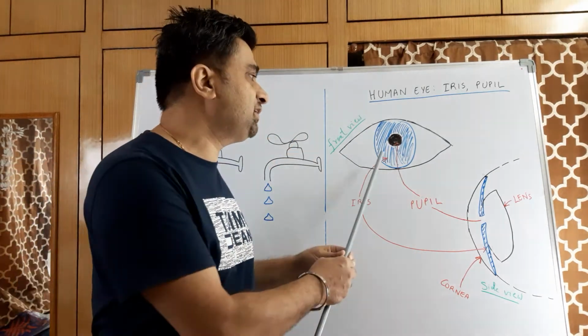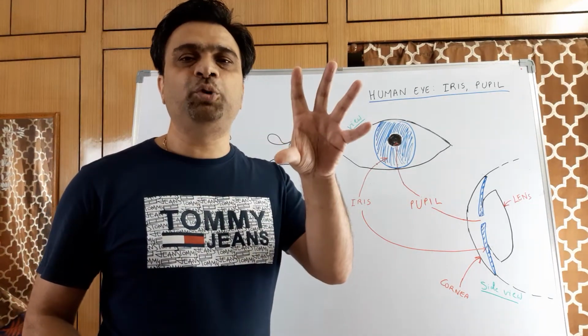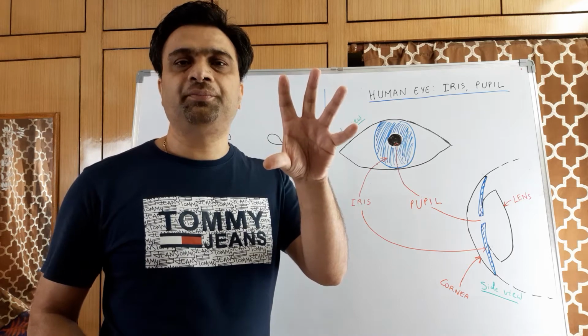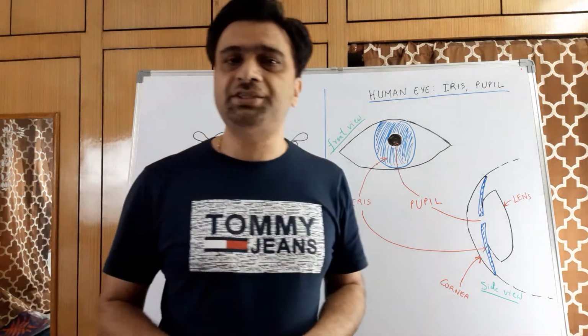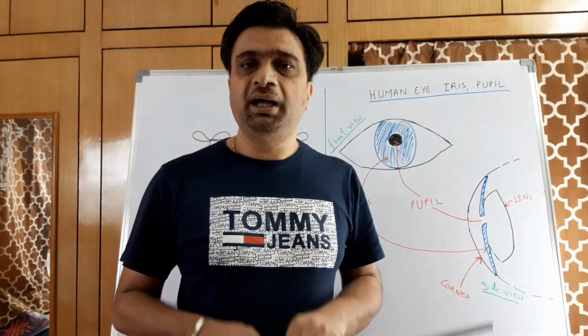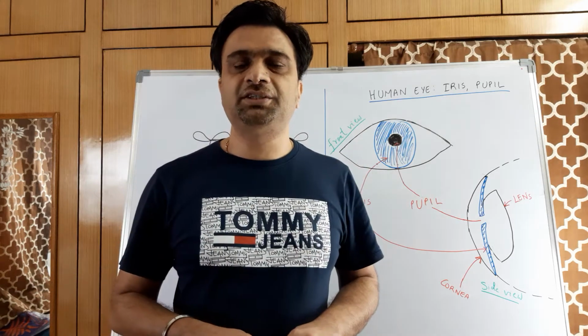What does the iris do in such a situation? The iris lets more of the pupil get exposed to the light. This is how iris and pupil work in tandem. One very interesting and very important aspect of iris and pupil and the setup that we have understood is